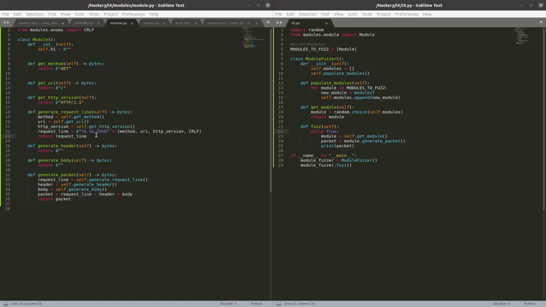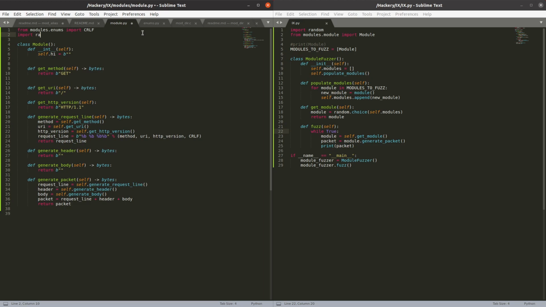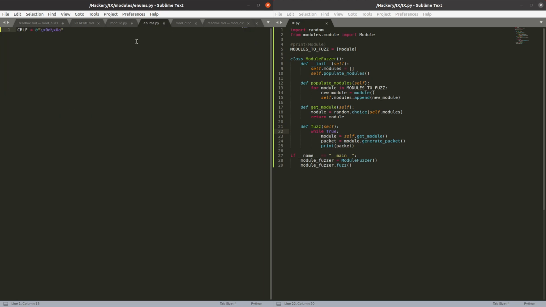So next up, we probably should start implementing a bit more entropy into the request line, since for at least the modules we've looked at so far, that's where a lot of the functionality is. So first off, we need to import random for this. In enums, we can specify a methods list, and then we can just have a list of methods here. There's get,